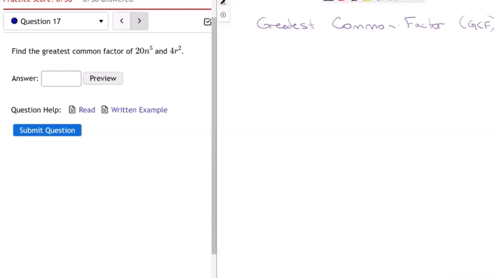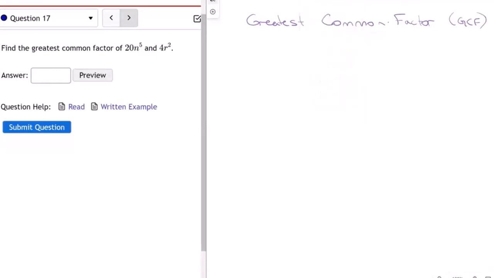And what the GCF is, what is it that I can divide both of those numbers by and not get a fraction? I'm going to show you a long technique, and then I'll show you how to make it go a little faster. If I start with 20n to the 5th and 4r squared,